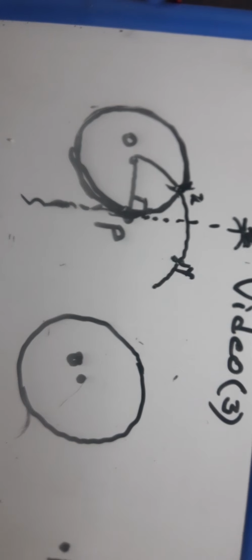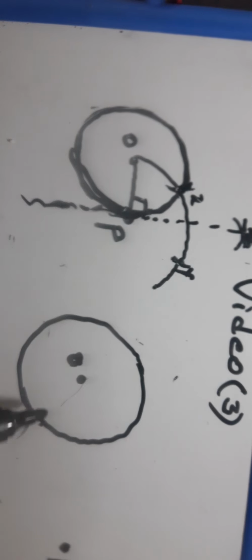Now they will give you the distance of the external point from the center of the circle, or they will give the distance of the external point from the circle. From the circle means from here. From the circle you have to measure. So you should read the problem clearly, whether they have given the distance of the external point from the center or from the circle. You should first understand it, read it properly, the problem.